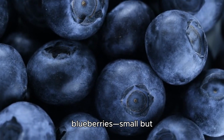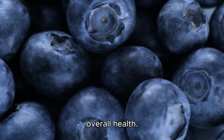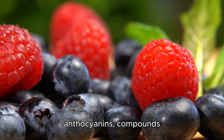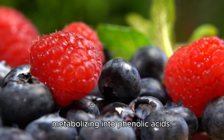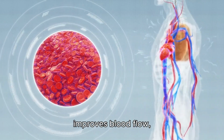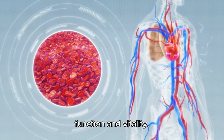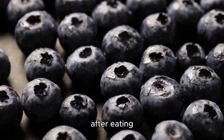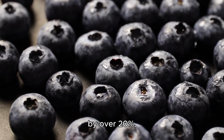Now, let's talk about blueberries, small but mighty when it comes to circulation, energy, and overall health. These berries are packed with anthocyanins, compounds that boost nitric oxide production by metabolizing into phenolic acids. This process dilates blood vessels, improves blood flow, and reduces blood pressure, all critical for muscle function and vitality. Studies show that just a few hours after eating blueberries, nitric oxide levels can rise by over 20%, providing a